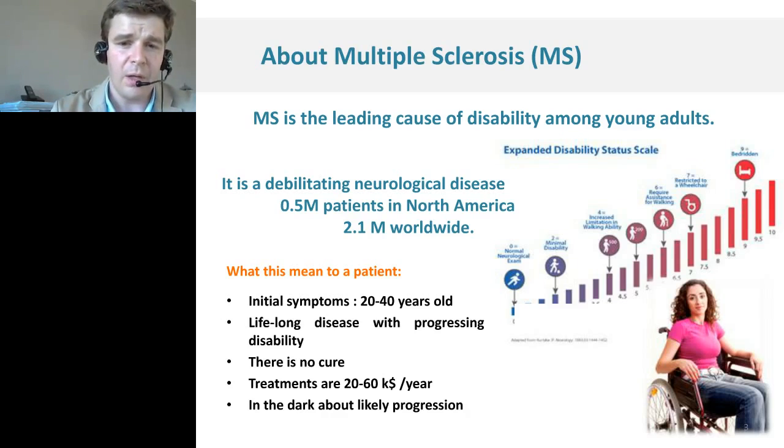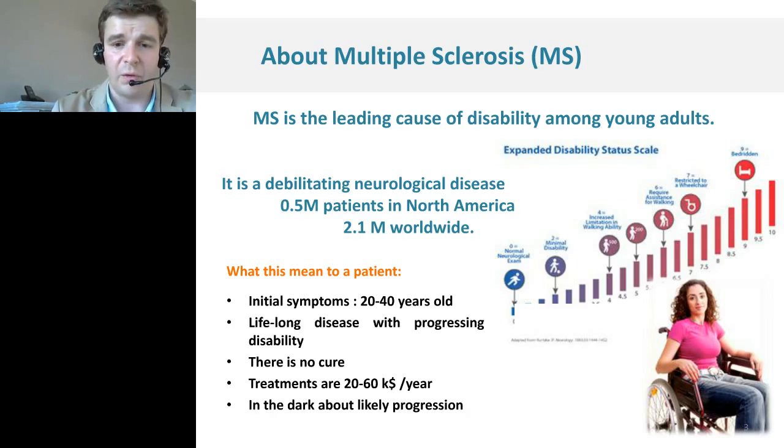And really, what I think is very important is what it means to a patient. The initial symptoms are there at age 20 to 40. It's a lifelong disease that you have to live with for a very long period of time, but with perspectives of progressing disability. There's no cure, there's disease-modifying treatments,